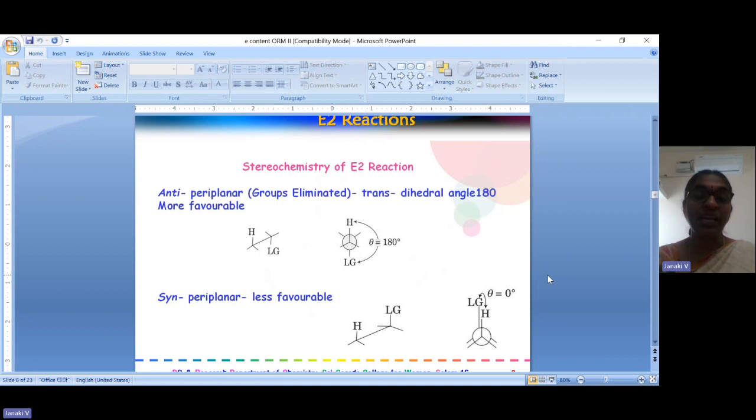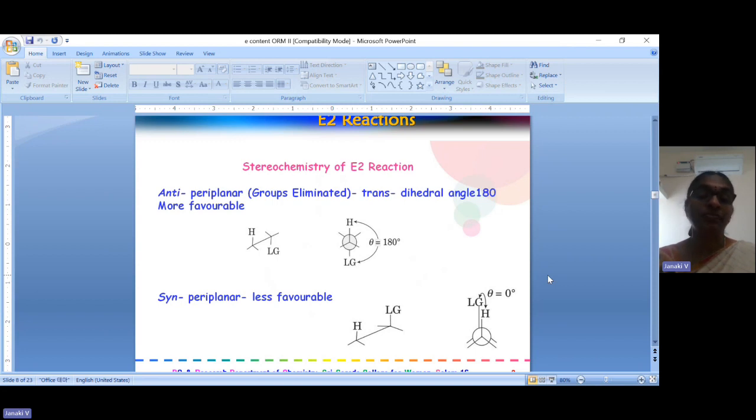So the antiperiplanarity, that is, the groups eliminated have to be trans and they must have a dihedral angle of 180 degrees, and this is more favorable for the E2 reaction to occur. We can easily see this from the Sawhorse projection and Newman projection. In the Sawhorse projection, the hydrogen and the leaving group are trans to one another. And in the Newman projection, the hydrogen and the leaving group are trans, anti, and they have a dihedral angle